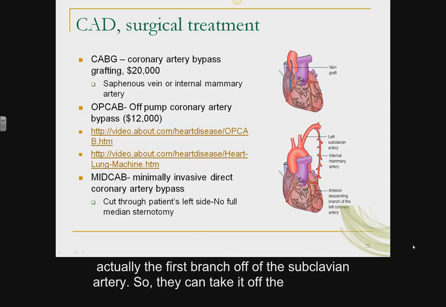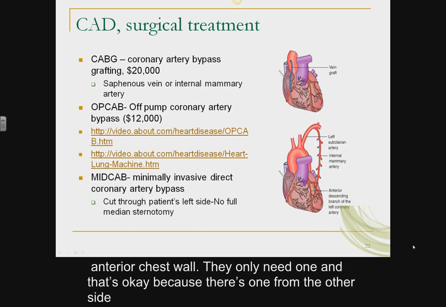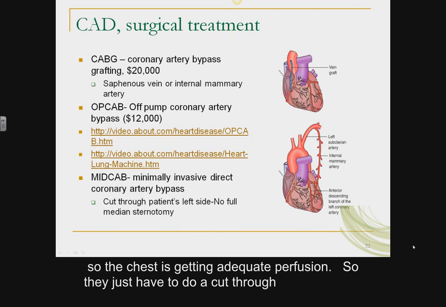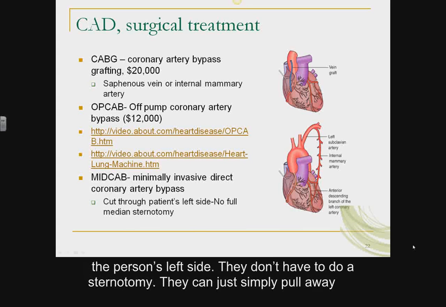The mid-cab is a minimally invasive direct coronary artery bypass. It's so cool. They can take the internal mammary artery or thoracic artery, and this internal thoracic artery is actually the first branch off of the subclavian artery. So they take it off the anterior chest wall. They only need one, and that's okay because there's one from the other side, so the chest is getting adequate